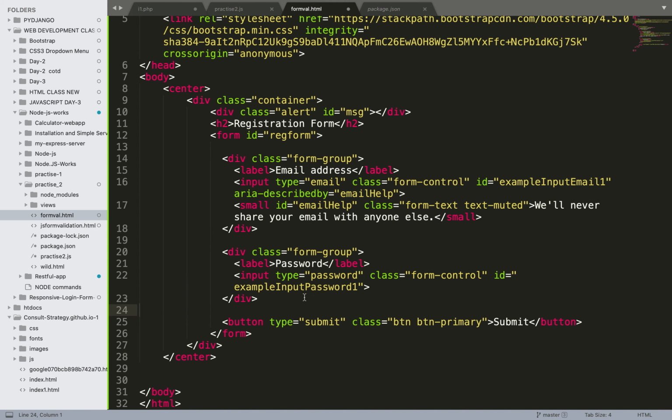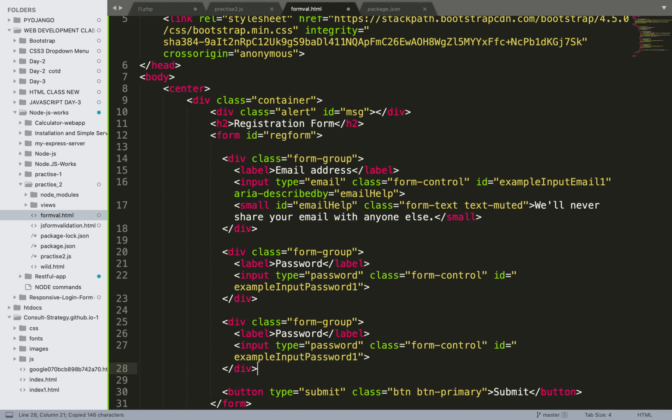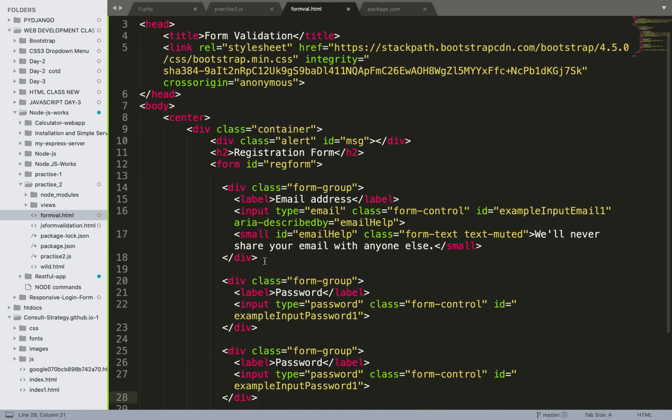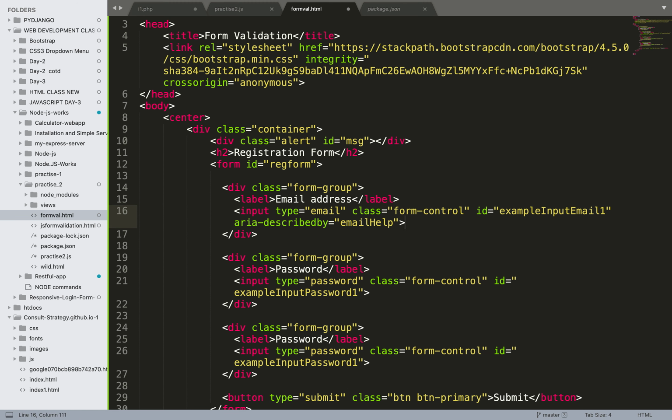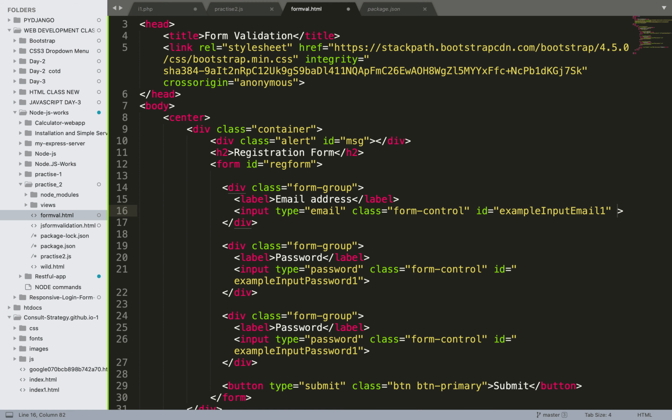So I have a part for form. I'll be making it as simple as possible within a very short amount of code. I don't need the small tag. Area described by is also not required. Great.